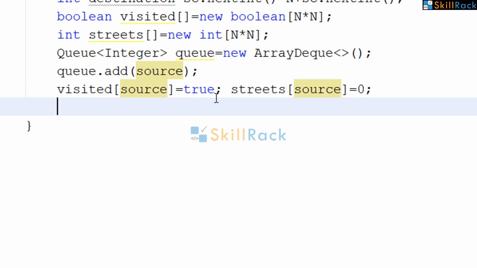So now we are going to do the breadth first search. So we will say while queue is not empty, we will have a while loop for that.